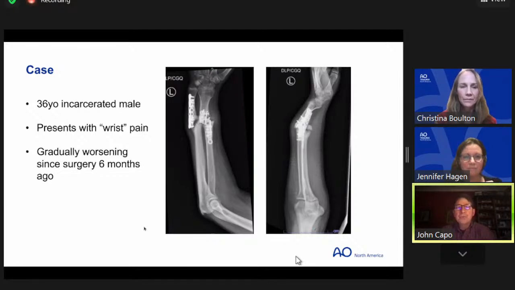So I think there's two things to look at. First of all, this looks fraught with problems. These two little plates on the ulna look like they were hanging on for dear life and they didn't make it. And the radius plate is short. So I think you have to look at eradicating the infection. Do your studies, get some scans, and treat it as infected.